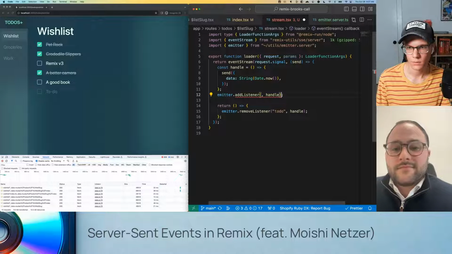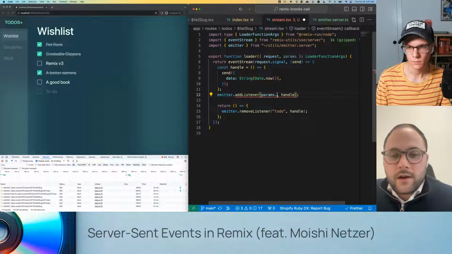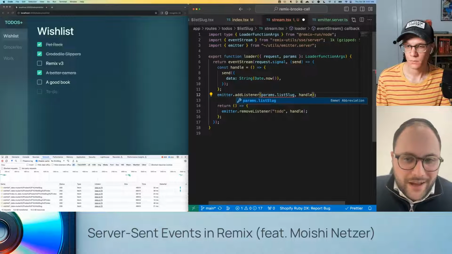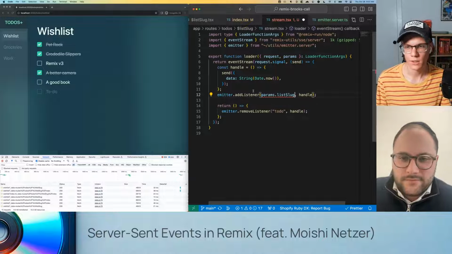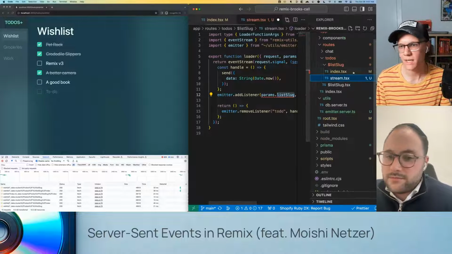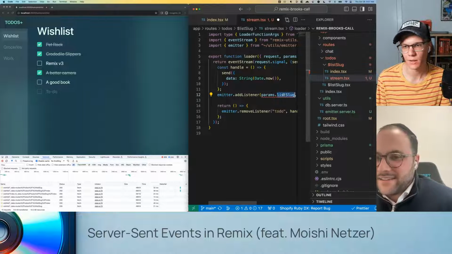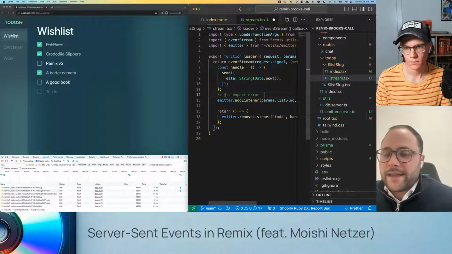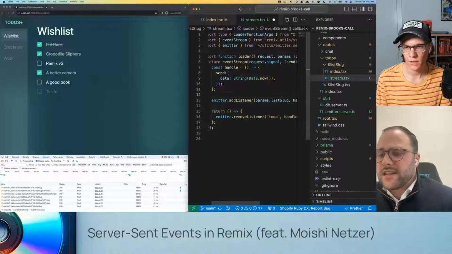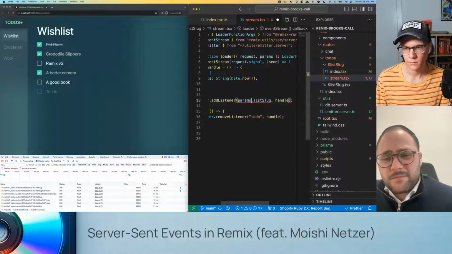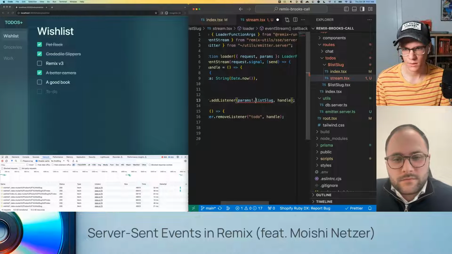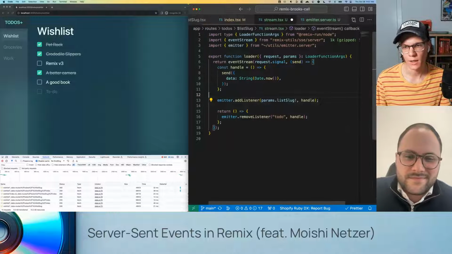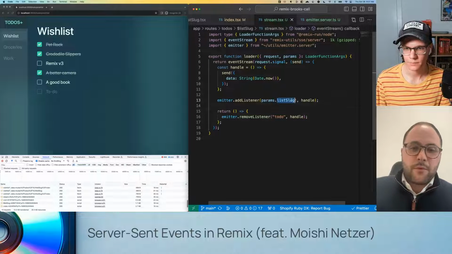Okay, cool. And now you can do params dot, and then it's list slug. Where is that from? Oh, because that's just the name of the file. Got it. Exactly. Okay, cool. I would shebang it. I wouldn't bother with TS expect error. Oh, I guess that's fair. You're introducing other issues, right? I always forget the format. It's at the end, all the way at the end, the last thing. Right. Okay. And let's remove that one as well.